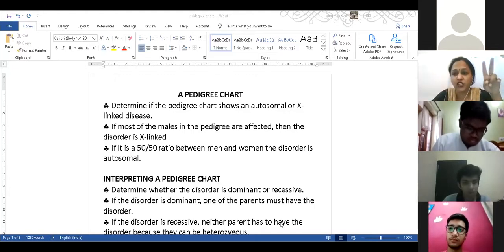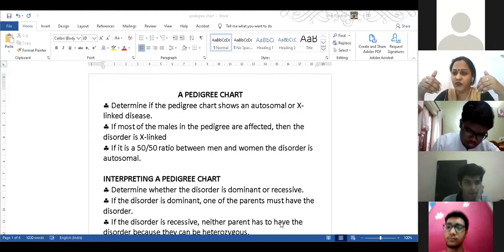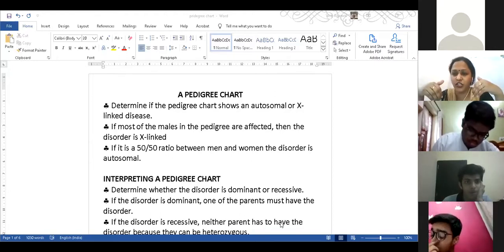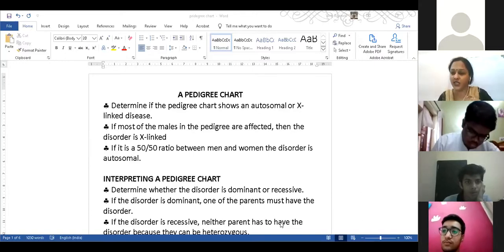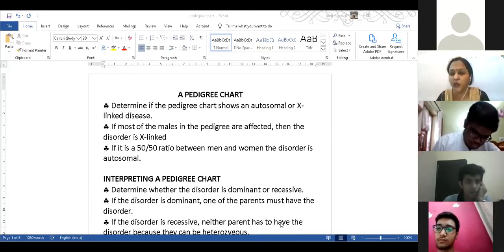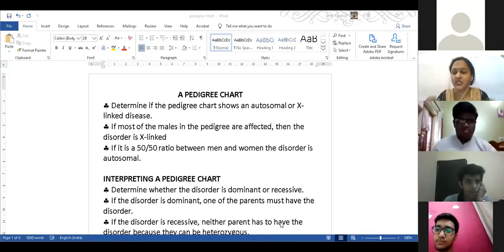The second type of question which you get in boards is that you are asked to create a pedigree chart. A family history is given to you up to 2 to 3 generations, and then they tell you, okay, this female was a carrier or this male was a carrier, and this way the particular disease is transmitted, and then find out what could be the possible disease. Okay, so this is the second type of question.